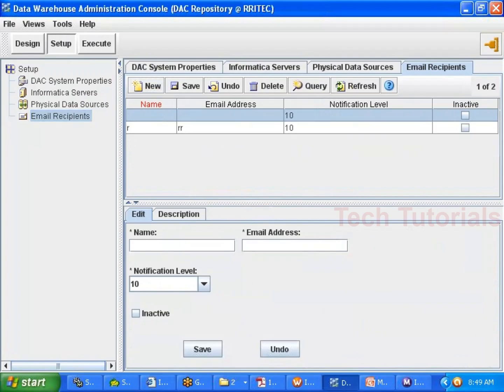Click on new, then give some name here. Let us say ROM, and the mail ID is dwromready@gmail.com, and the notification level. Immediately you want to be notified, or slowly also can be notified. The priority I am setting here. Now click on save. Whenever I click on save, whenever some changes occur in the server movement,